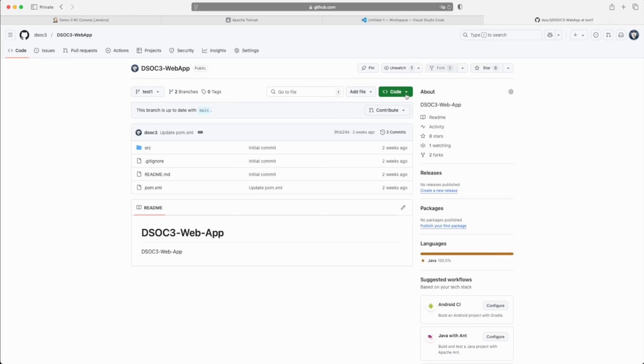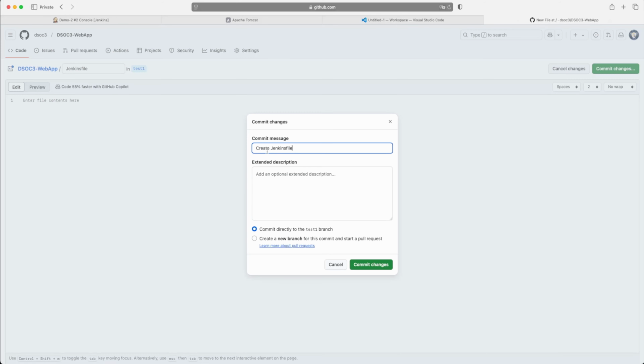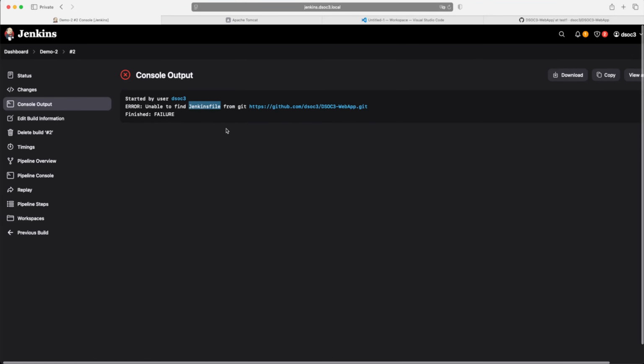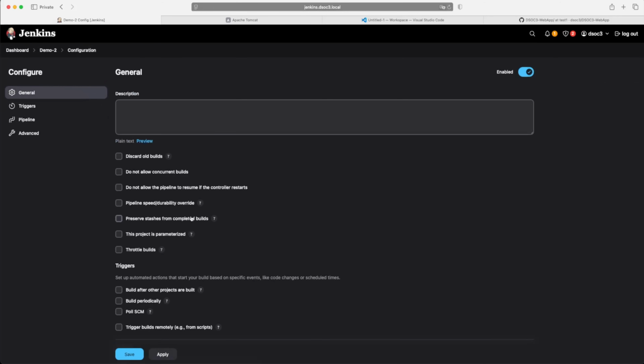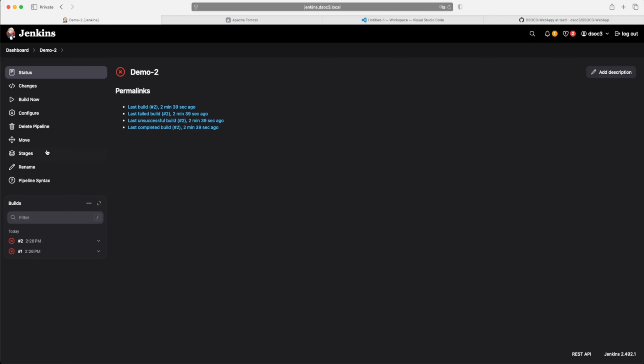Okay, and in that I have the option to add a file. I will create a new file, and here I will copy paste the name Jenkinsfile, and I commit. So create Jenkinsfile, it's an initial commit, there's nothing in there, right? And go ahead with that. But again, I don't want to run into the same issue. I will go to this, and here instead of main I will type test1. So test1 is the branch name we have just given. So apply, save, and now this time see,